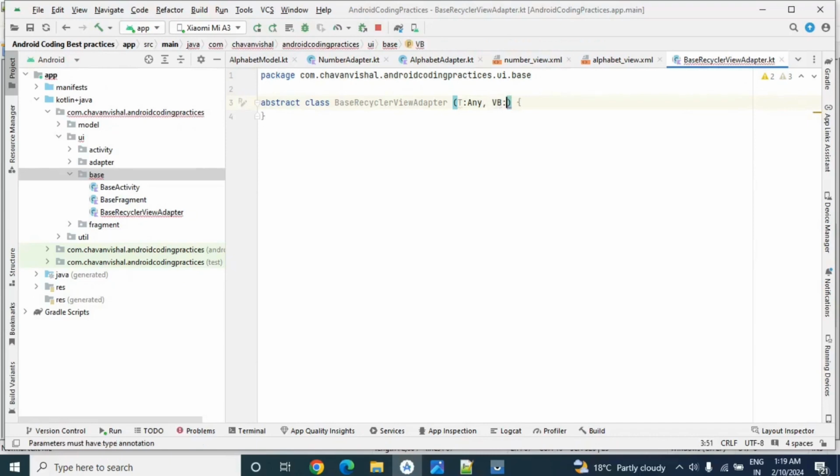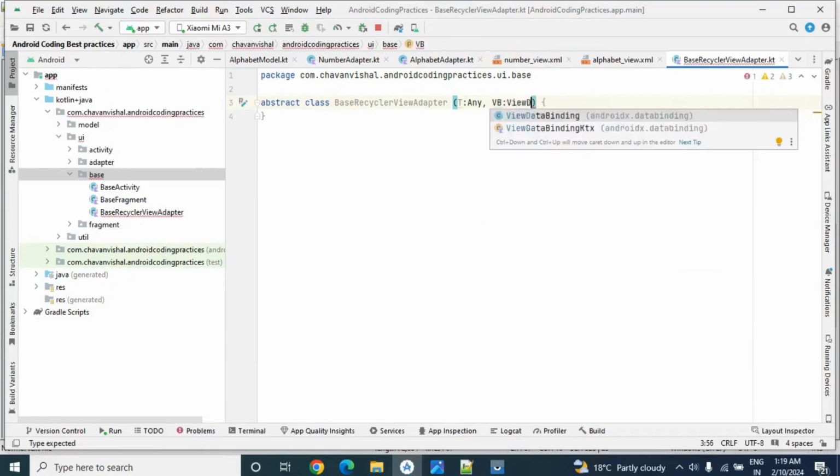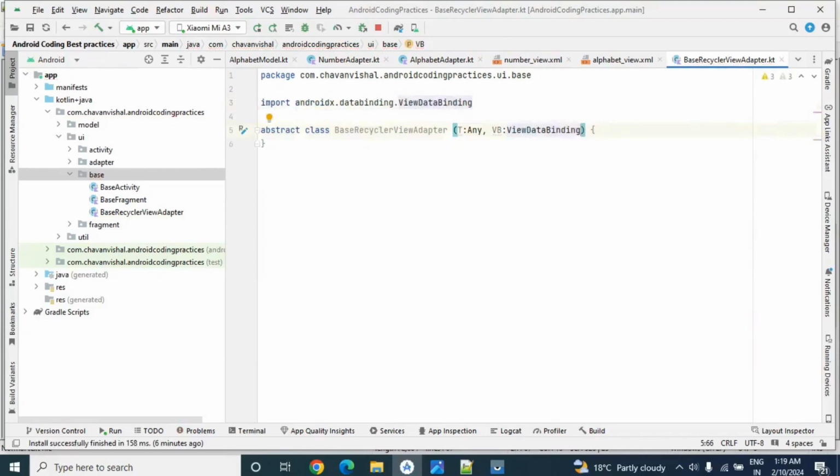And second one is for view data binding. Okay, now we have declared these two generic types.